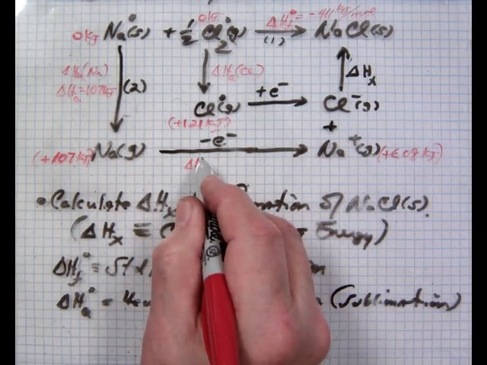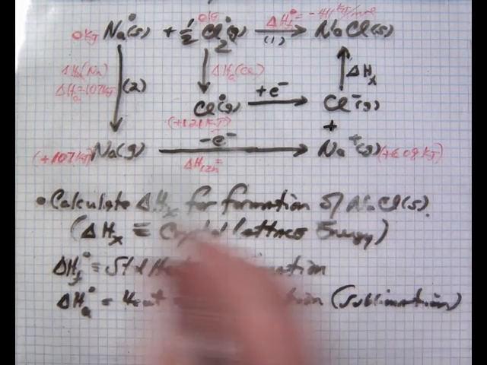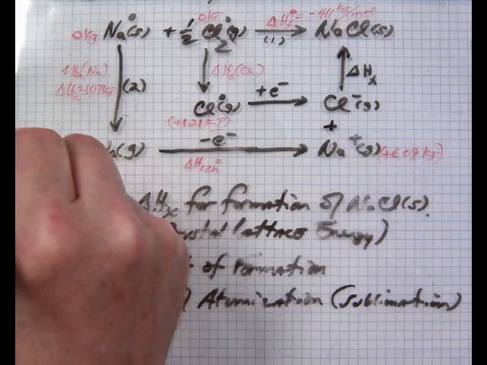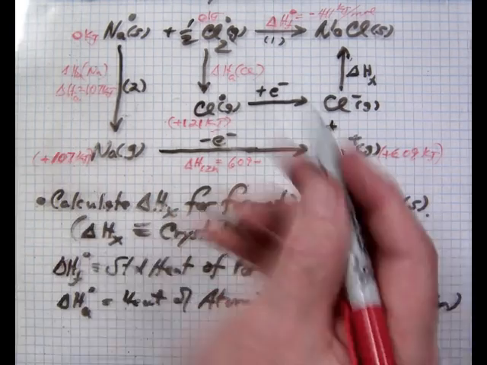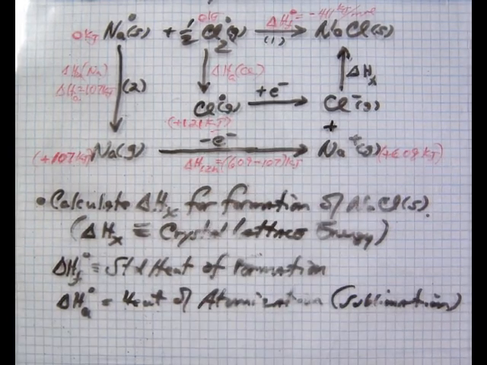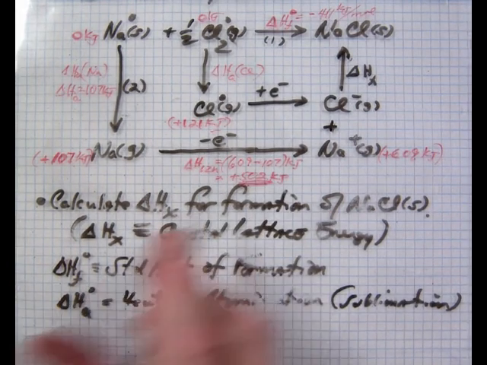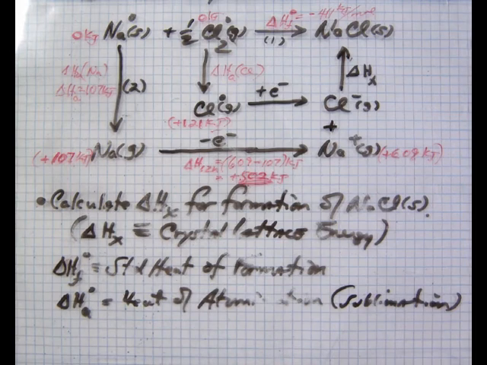Therefore, the ionization energy, delta H ionization, is the product energy minus the reactant energy value. So that is 609 minus a plus 107 kilojoules. So that says 502, and a little scribble right there in the middle. 502. That's the difference between the end and the beginning. That's Hess's law calculation. And we do the same thing for